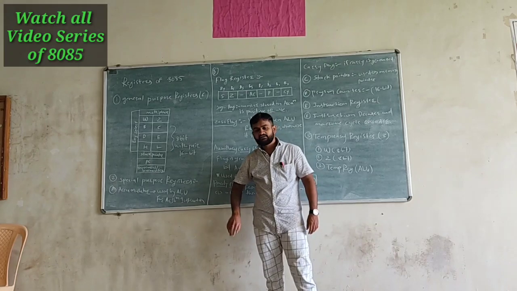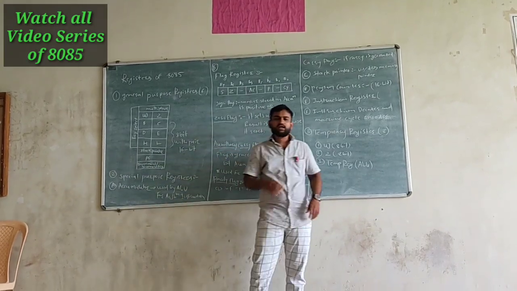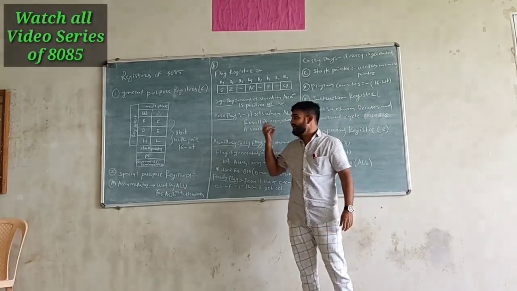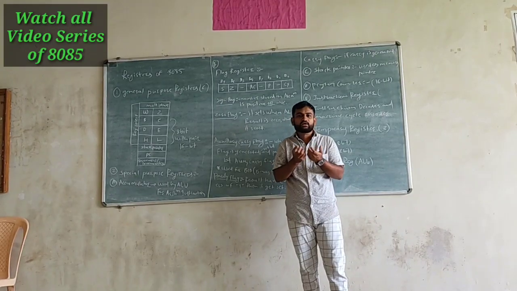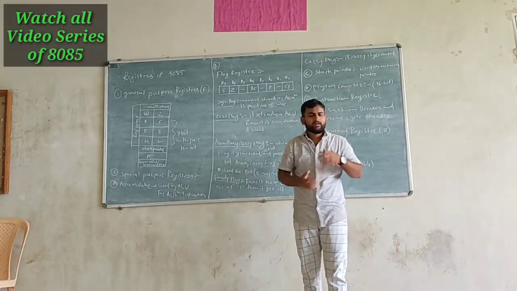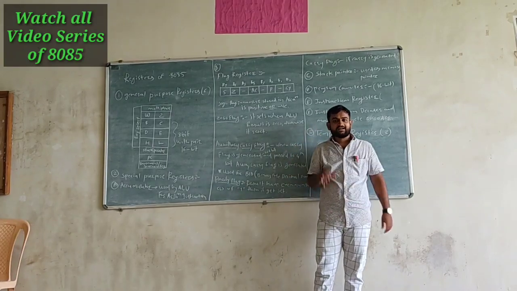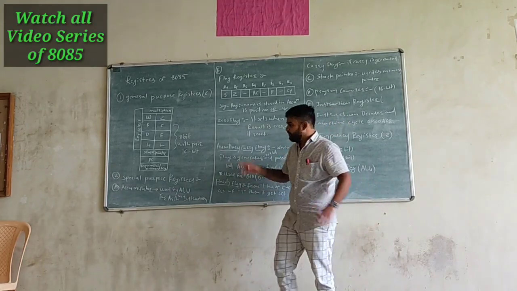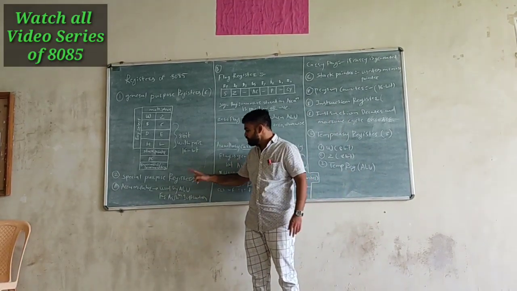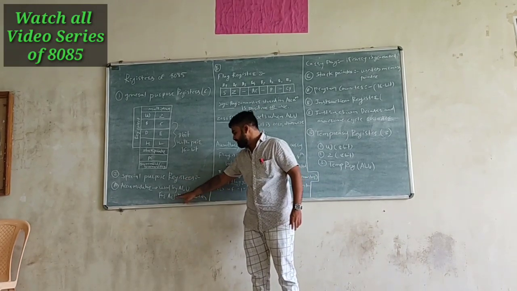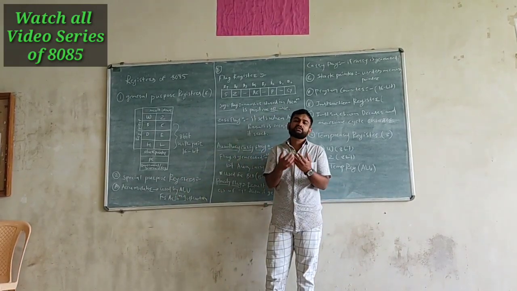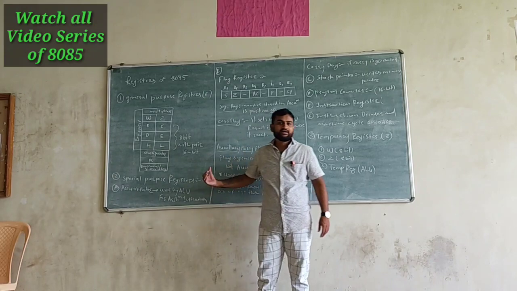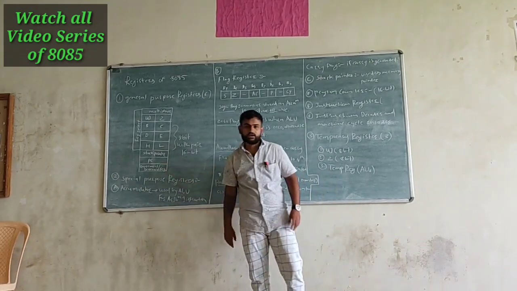Now the first special purpose register is the accumulator. Why do we need the accumulator? As we learned in the architecture video, in 8085 every output ultimately gets stored inside the accumulator. But what kind of output? Whatever data gets processed by the ALU ultimately gets stored inside the accumulator. So the accumulator has the function that it is used by the ALU for arithmetic instructions. Whenever we want to process any arithmetic instruction, the accumulator is going to get used by the ALU. So this is the special function of your accumulator.